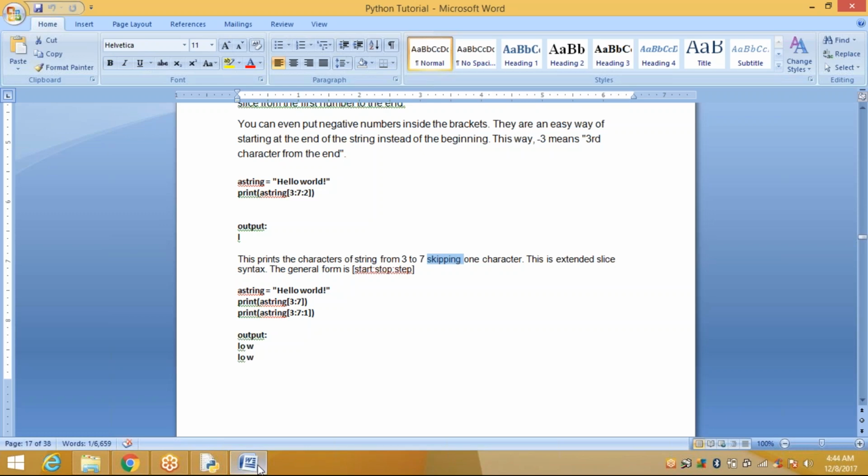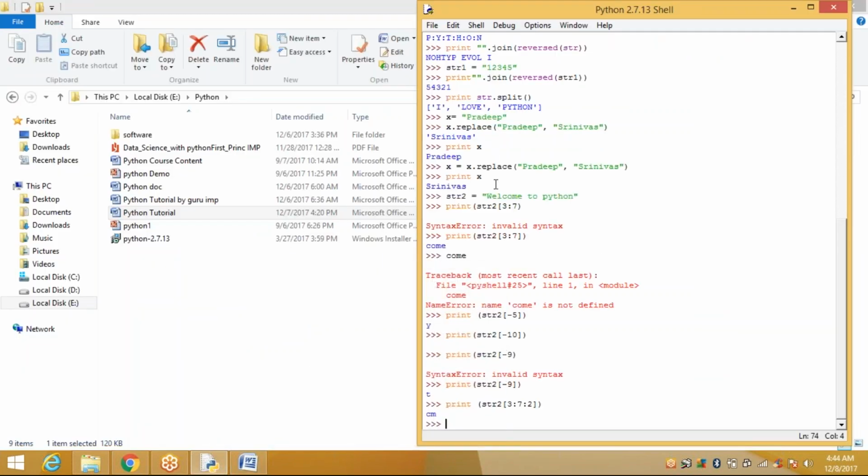So starting range is our third value: array of 0, W, array of 1, E, array of 2, L, array of 3, C. After that, your step size is 2, so values are skipped. C, 1 value is skipped. Next, M. Next, E is also skipped. Okay, total 2 values are skipped. When you apply 3 to 7, it displays COME.